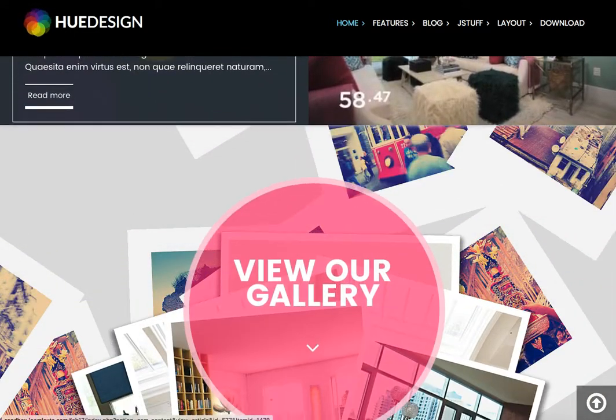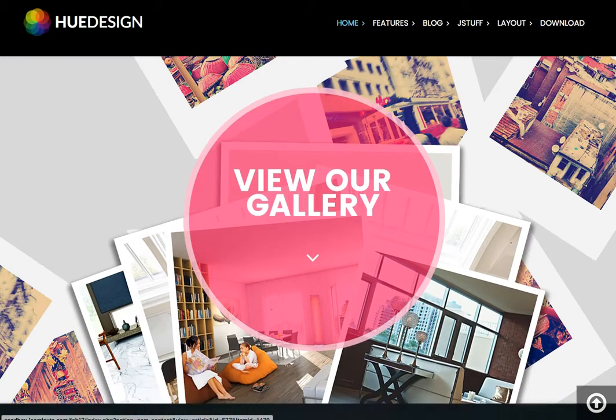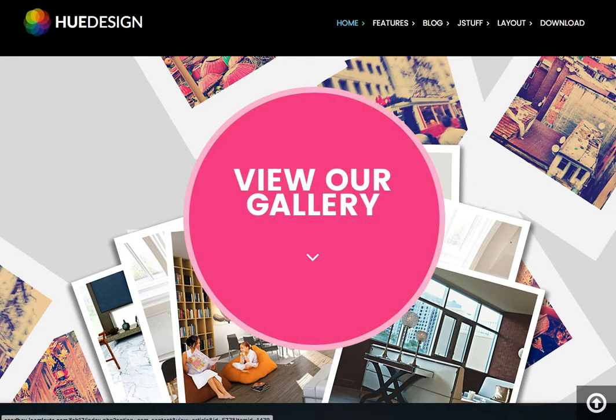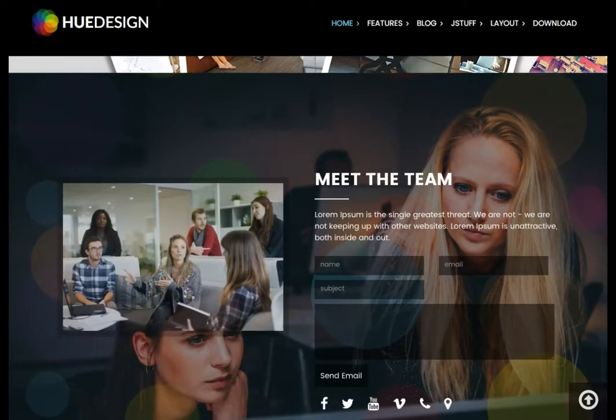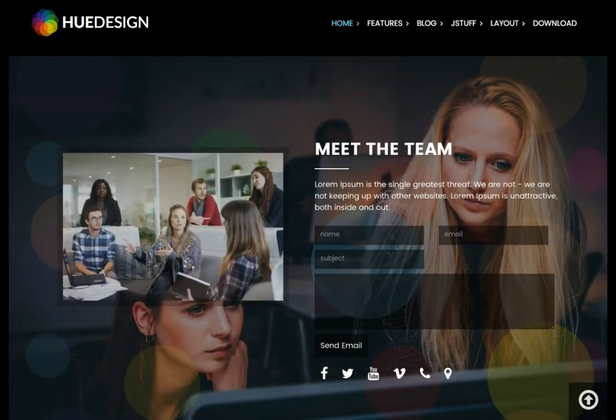As we scroll down, then in user 25, this is just a custom HTML module, and this is just a little circle, and it's linking to an article with our gallery. So if we scroll down here to our user 31, we get Meet the Team, and Meet the Team is actually our Joomla contact wall. This is pulling information from the Joomla contact component. It's pulling the image, it's pulling the miscellaneous text for the Meet the Team, the